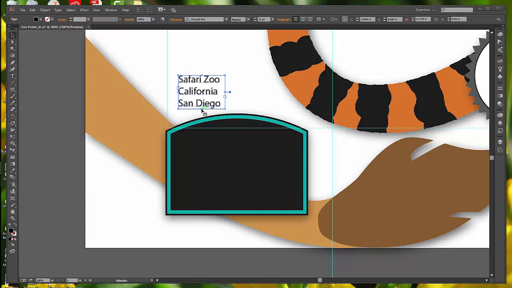auto sizing. So now I'm going to go back to my text tool. We're going to take out the California, San Diego, and hit delete. Our text area shrank vertically to fit around the text. Select again the selection tool and drag from within the text down and put it to the left of our black sign shape,